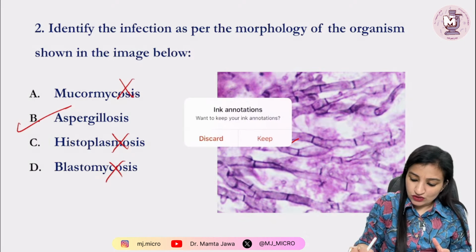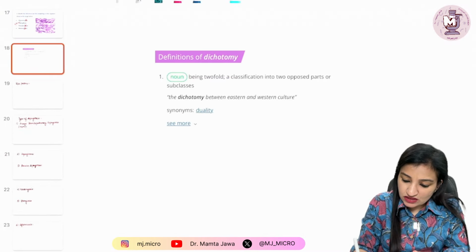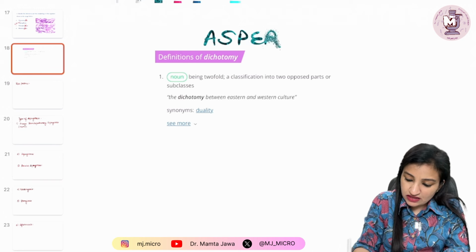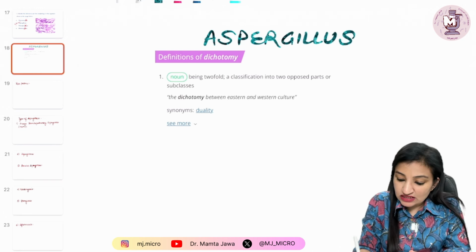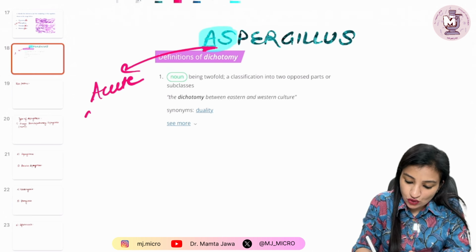Now Aspergillosis, remember guys, if I write the name Aspergillus, remember it is a hyaline mold, a hyaline fungus. And if I highlight A and S of its name, from A remember acute angled or dichotomous branching, acute angled or